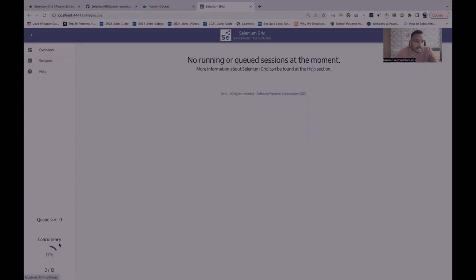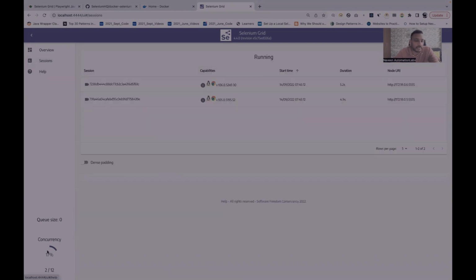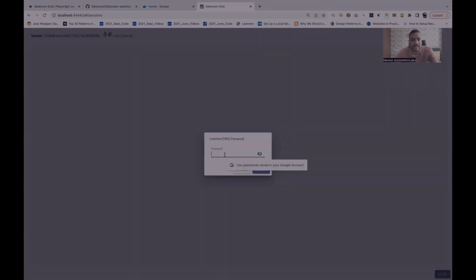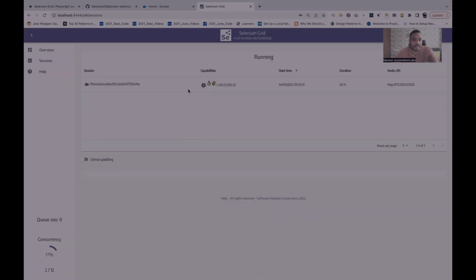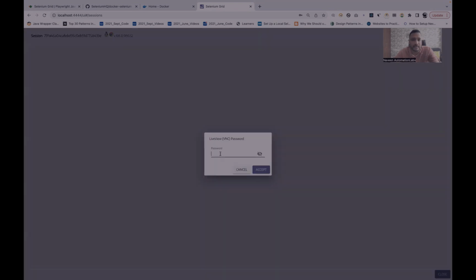Can you see some 70% concurrency? And here you can see the test cases are actually running. We can just open in the videos and just enter the password as secret. And when you click on accept, you will see that the Docker container connected successfully and my test case is actually running over here. Again, you can just check it once again for this container also, and then pass secret